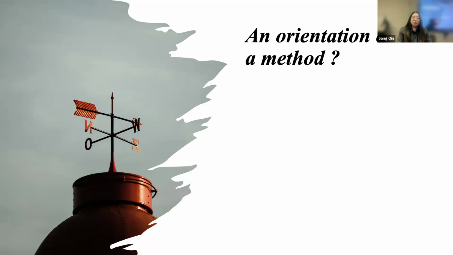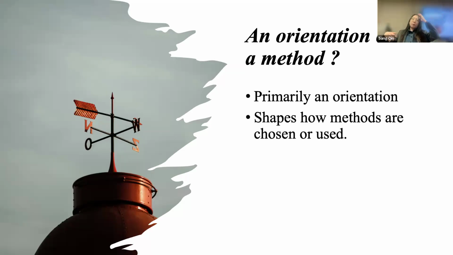Right. So the difference I'm seeing between orientation and methods: methods sometimes I feel are more prescriptive in the steps, how we're doing certain things. Orientation is more like a vision, how I view these things. So in general, when we're thinking about community engaged research, primarily we may view it as an orientation, but it shapes how we choose the methods and how we deliver the methods. And so that's how I see the relationship between the two.